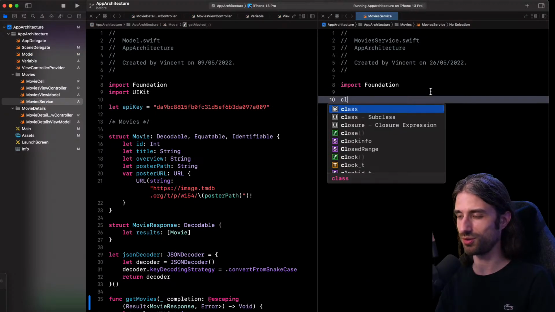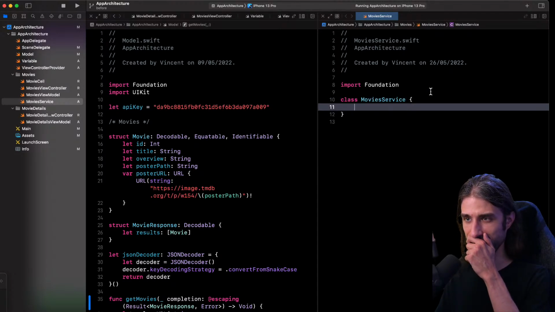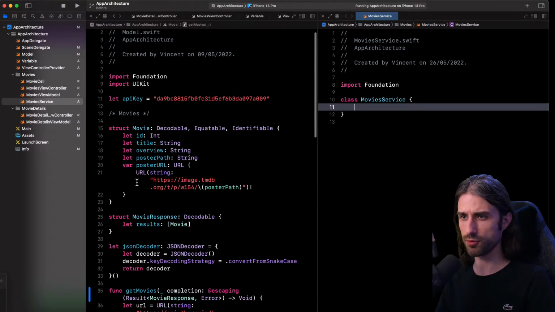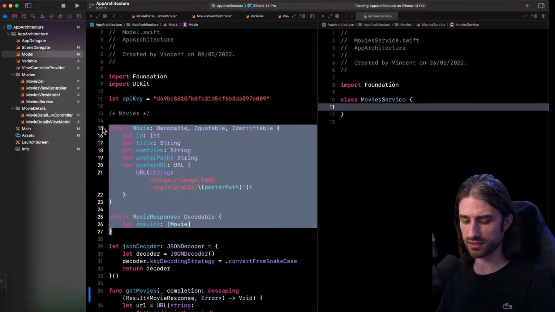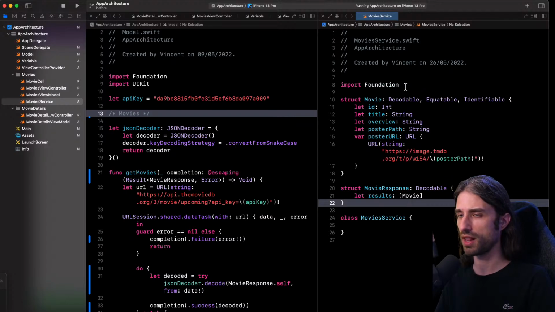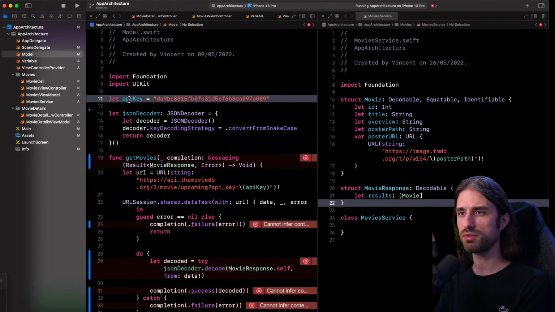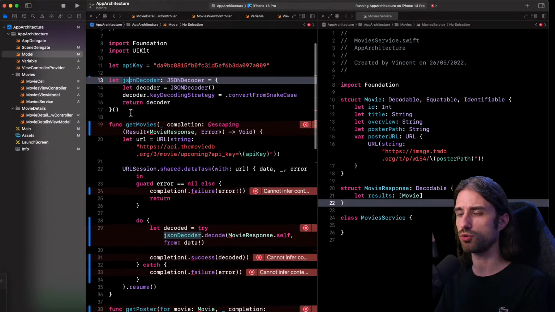So first I'm going to create that class, movies service, like this. I'm going to move code. So for instance, the structs, I'm going to move them at least to the movie service file. In a better structure, you would want to move them to their own file, but here to keep things simple and also to have everything displayed on the screen at the same time, I'm going to keep them in the same file. So I'm still going to keep the API key and the JSON decoder inside the model file,